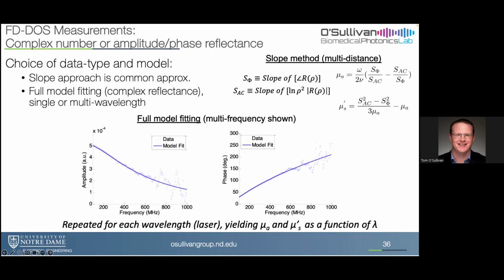Advantage of the system. Yes, you have to have multiple. So if you're interested in, you can't use this, for example, to do depth distribution. The data all has to